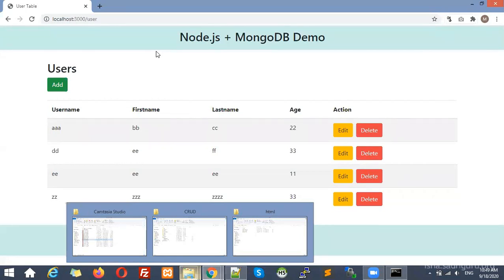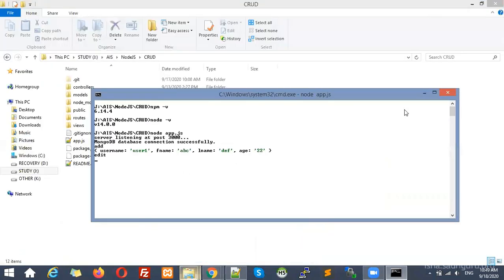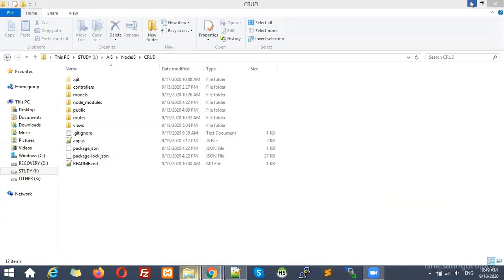So I already have one HTML template. You all are aware of HTML, JavaScript and CSS, so we are not going to waste too much time on design. Our main focus is on the CRUD application, that means add, update, delete, and display. So let me show you what we have, and we are going to create a new project similar to this one. So let me close this one, and we will start a new environment.